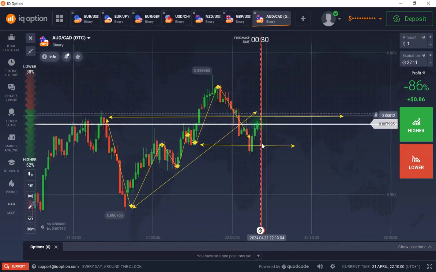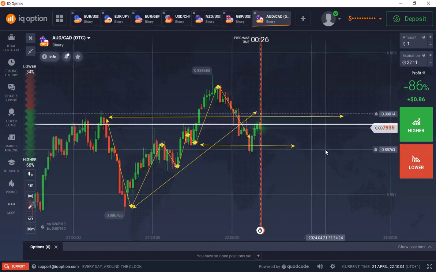Since the price is gradually approaching the zone,